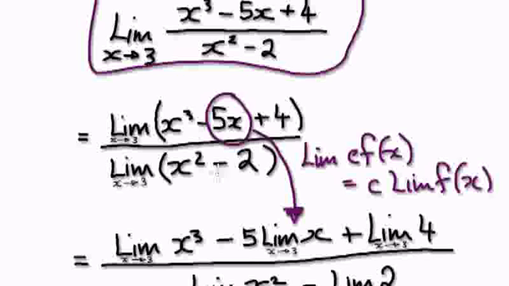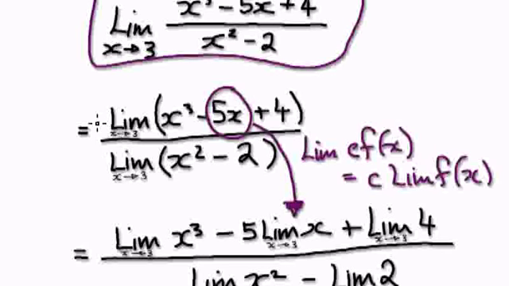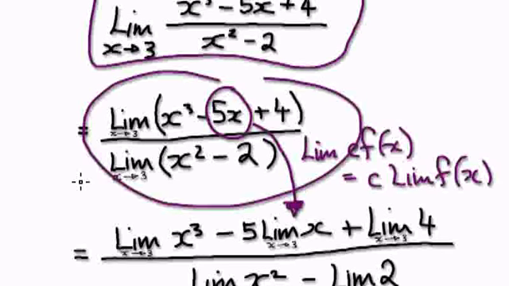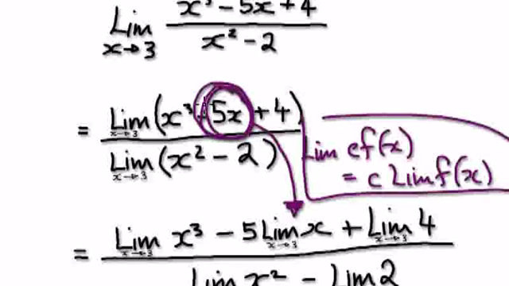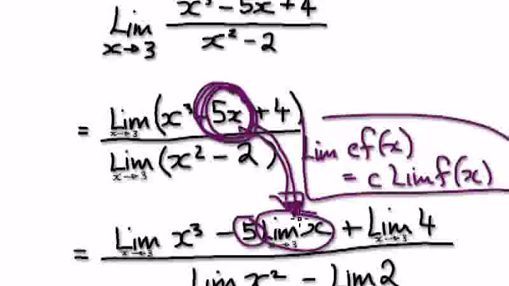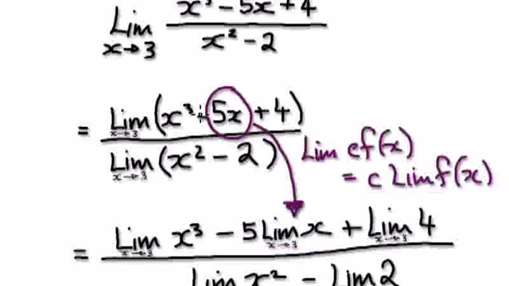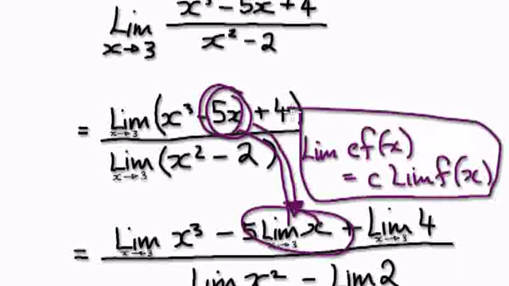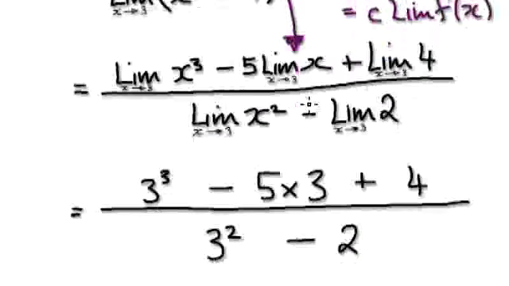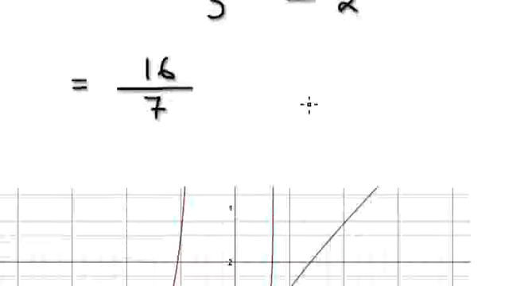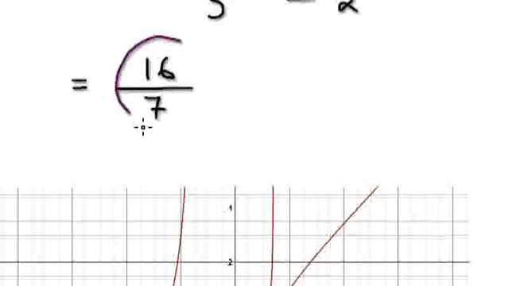And by the way, to get from here to here, you see this bit here, I actually use this law here to get me from here to here. That's why you've got a 5 here, and then the limit goes on the other side. Well, to get from here to here, I actually use this law here. Okay. So anyway, I've explained all this in the previous video, and it turns out that the limit approaches 16